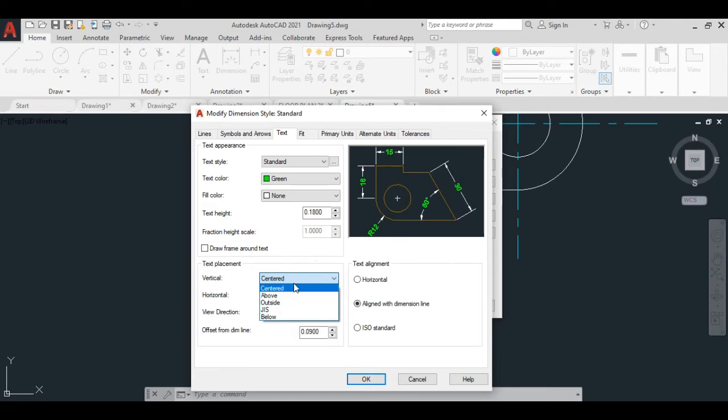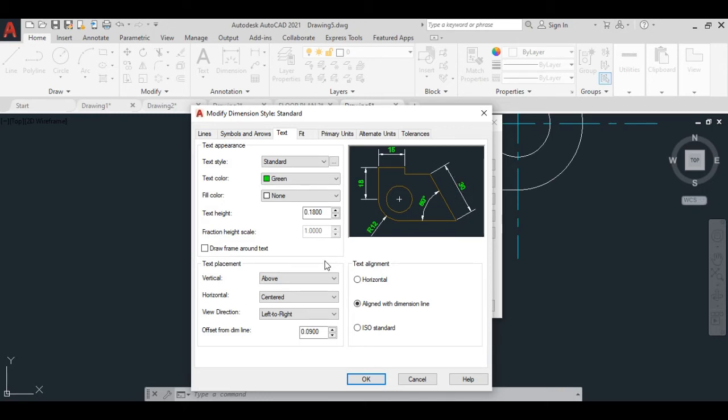Here you can see it is situated at the center, and the preview shows the text between the dimension line. But I'll do the above setting, so when I click above, you can see in the preview the text will be above this line.